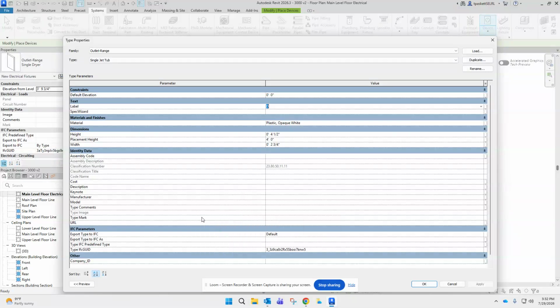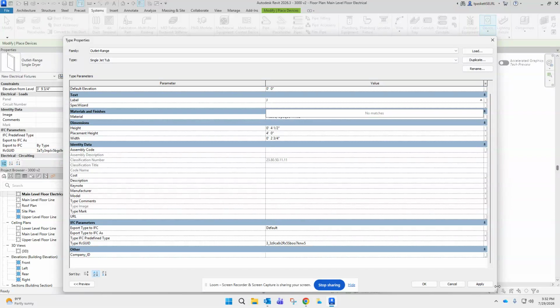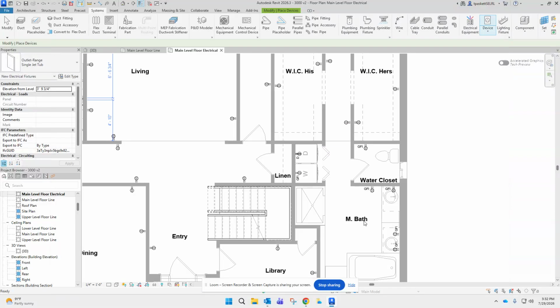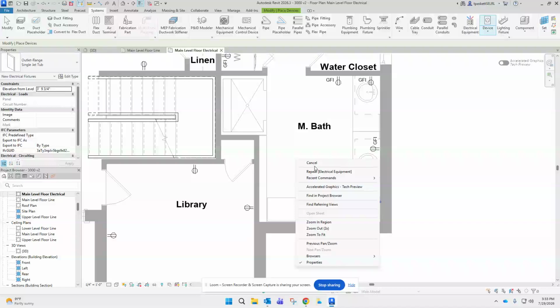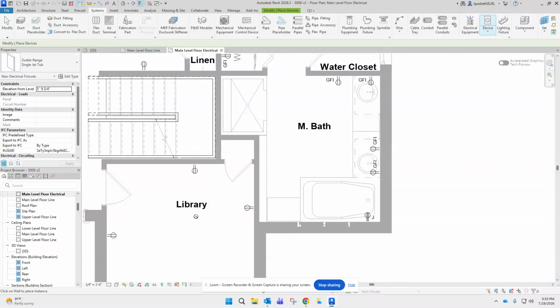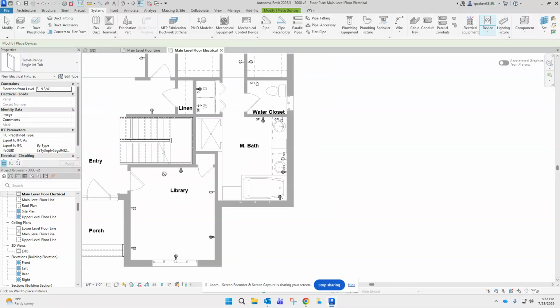Or you can leave it blank. Now, I'm going to go ahead and put J for jacuzzi or jet tub so that it's different. And hit apply and OK. And this goes down by your garden tub in the master's bath there. Okay, that's outlets. All right, now we've got a couple other things we need to put on this floor to